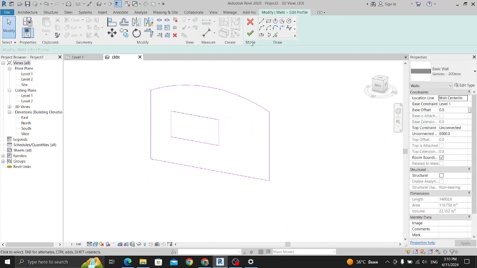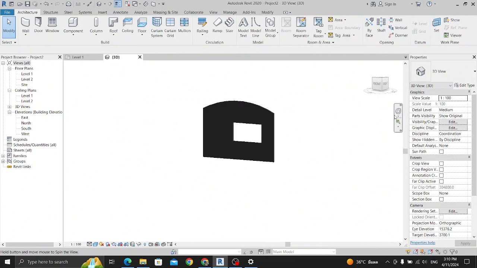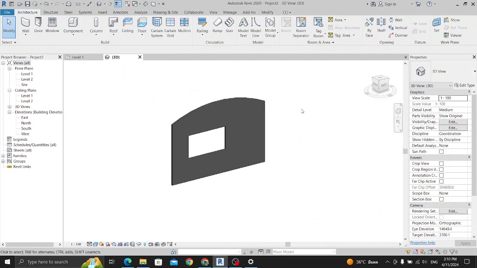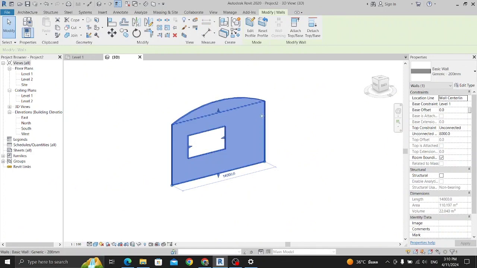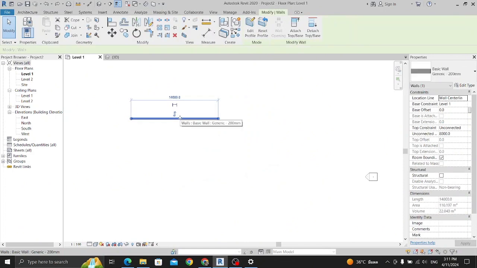Okay, so click OK, and here it is. Pretty easy, right? That's how you create the wall, the editing and things like that. I don't want that. Let's reset profile, and you know what, just gonna leave it right here. At level 1, I'm gonna create another